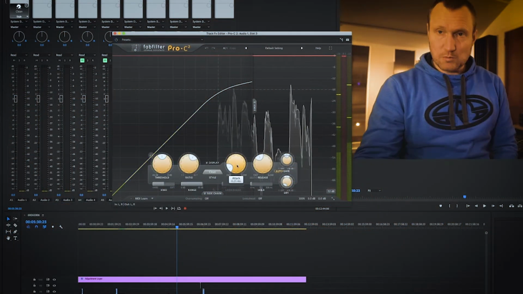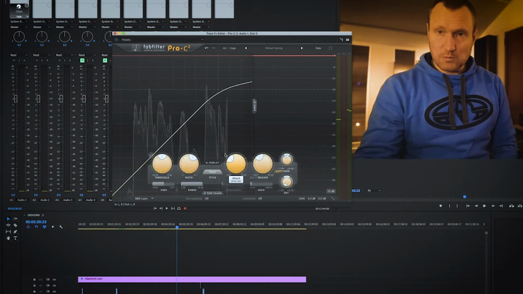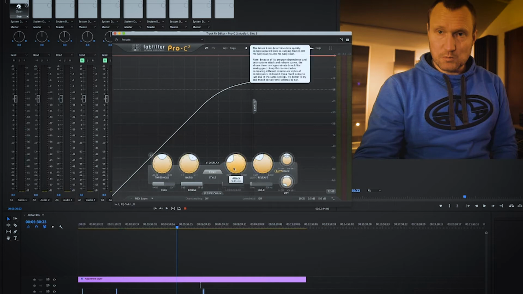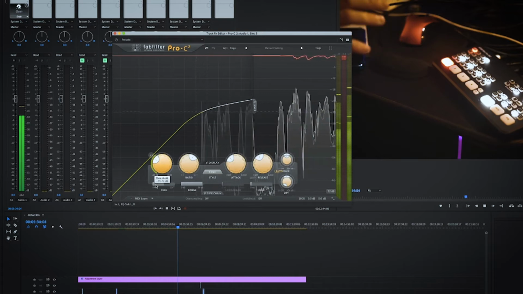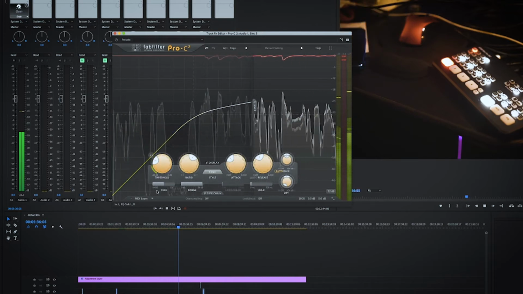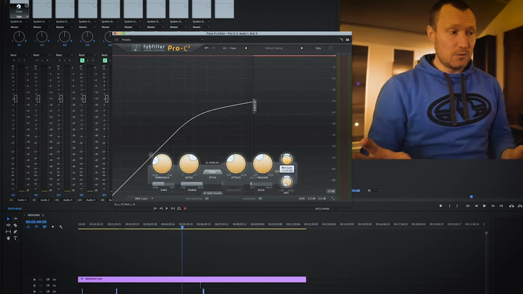I'm going to set the attack quite slow and I'm going to set the release quite slow. So you can see the attack's like 10 milliseconds, something around there. The release is around 200 milliseconds. More expensive. It has quite a few more features that I talk about in another video. And I'm going to stick the gain up by quite a bit actually, I want to get a lot